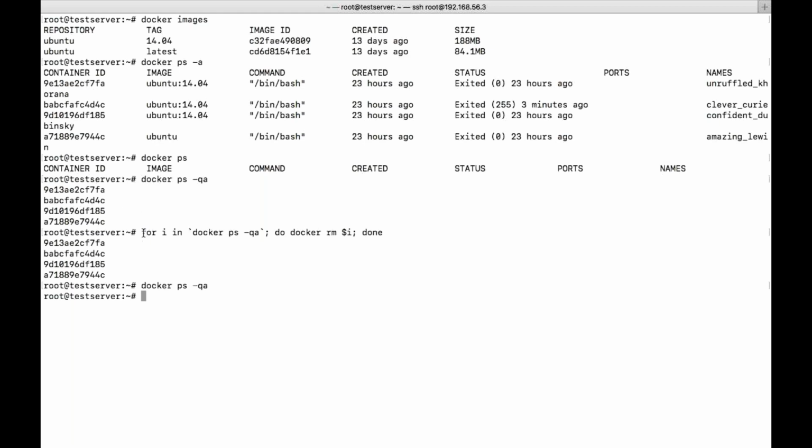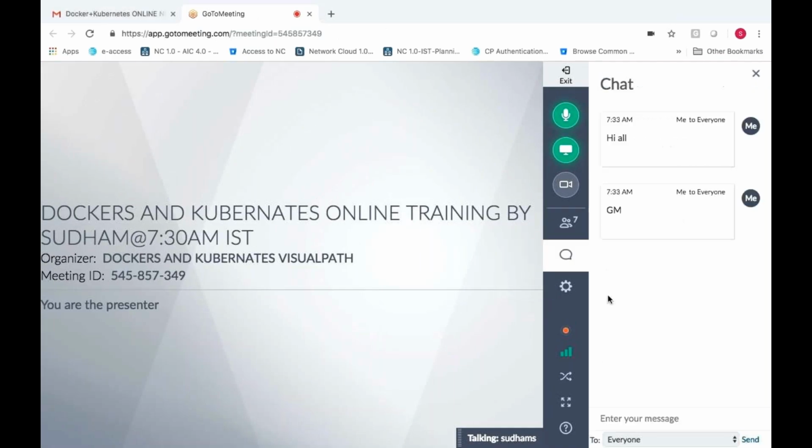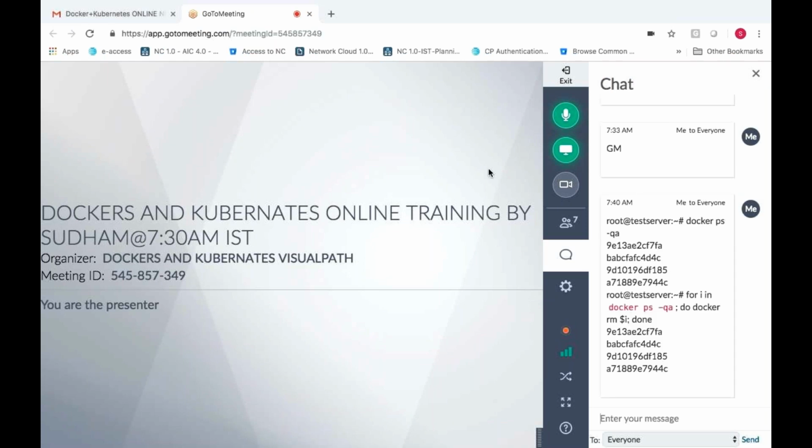You can use it. Here it should be backticks, it came as a command. So just remember, you need to use backticks like this.